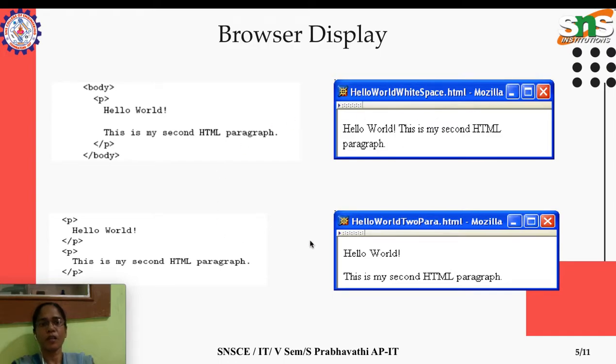Here is an example. The complete HTML page is not mentioned here, only the body part is given. In the paragraph we have hello world in one line, and there is a line feed followed by this is the second paragraph. But when we execute it, the browser won't consider this as a line feed. Instead it will be displayed in a single line, because the entire two lines are within the paragraph. So this is how the browser will render it. Even though we include white space while writing the code, that white space will be trimmed by the browser into a single line.